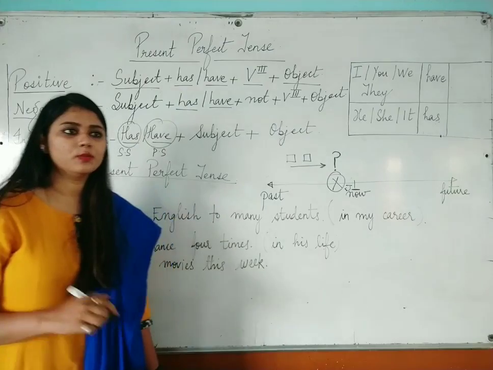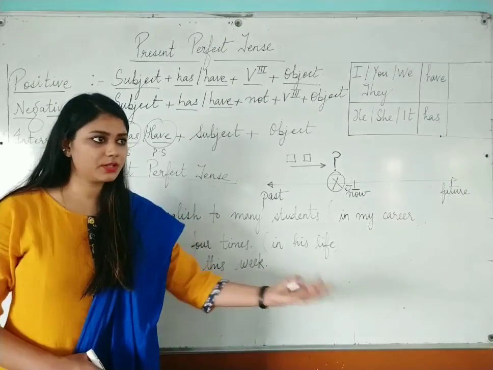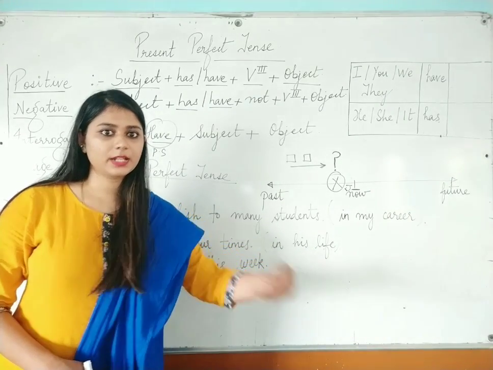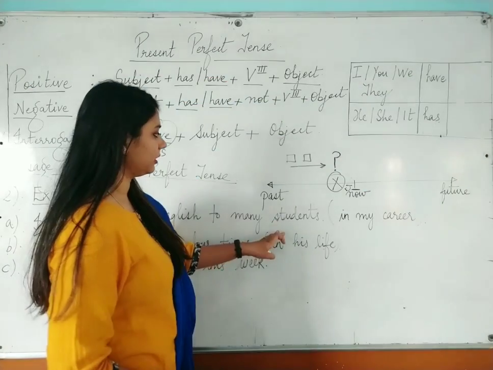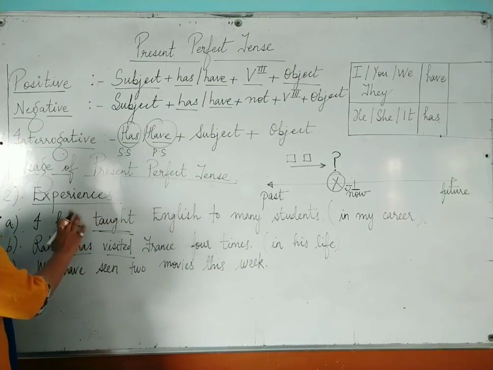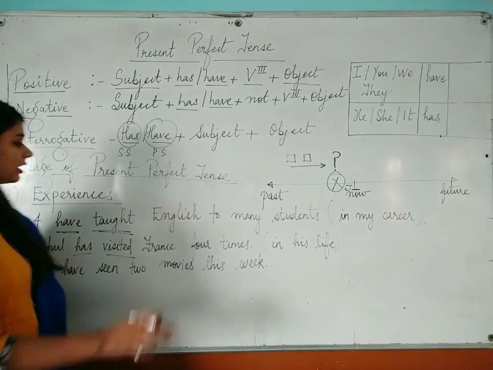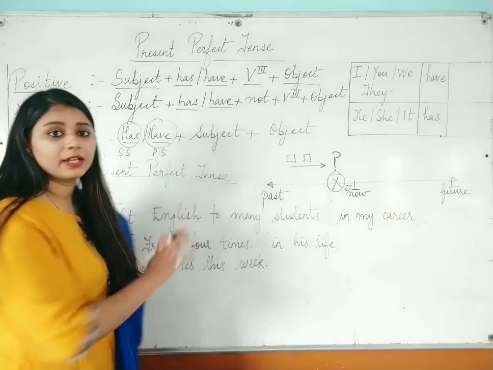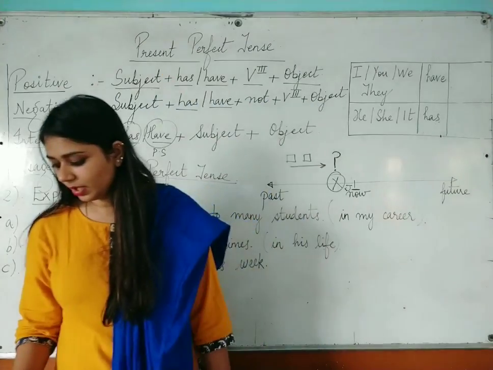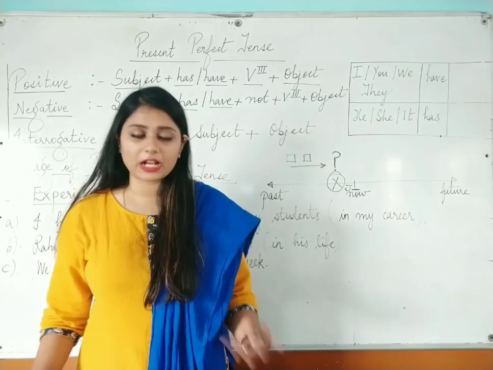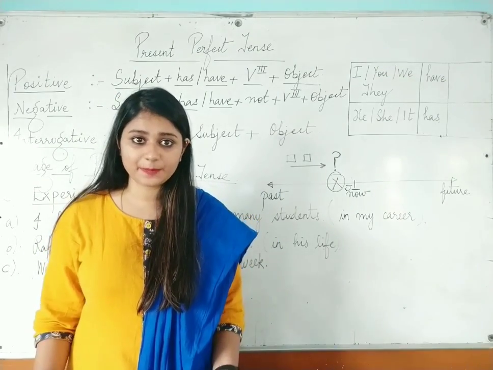Maybe I have watched the movie on Monday and Wednesday. Still I am having Thursday, Friday, Saturday, right? I can still go and watch movies at that particular time, right? So this particular thing is about sharing your experiences. So whenever you are sharing any experiences, you have to use present perfect tense. Okay. So first one was whenever you are talking about recent actions or events, and the second usage was whenever you are talking about any experience. Okay.